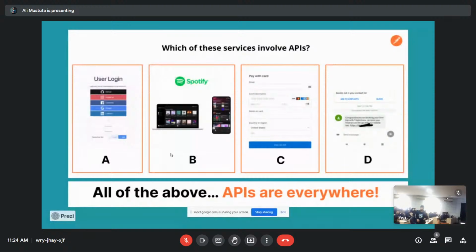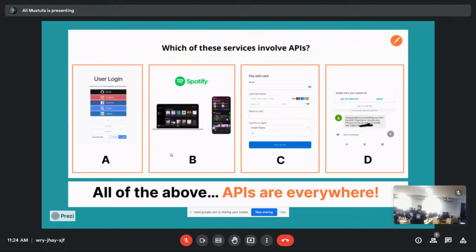We go to B, Spotify. How many of you use Spotify? How many of you listen to ads for 5 minutes and then listen to the free version for half an hour? Oh, half of you use the crack version, is it? Yeah, see, okay. But you should buy a premium. Being a software developer, it hurts.